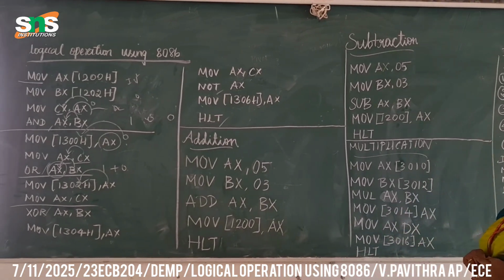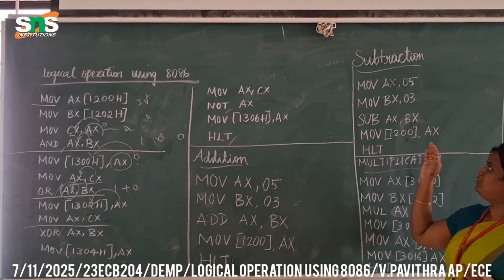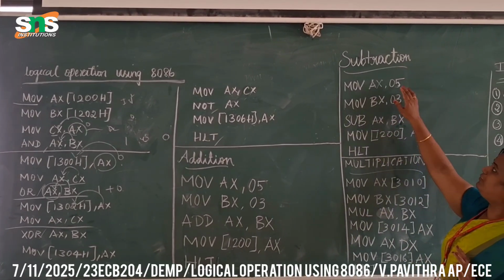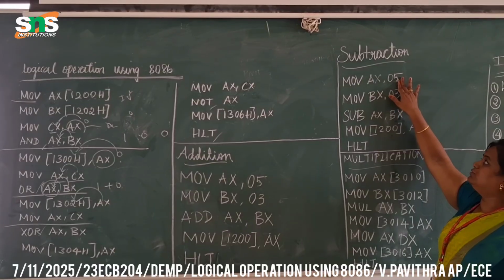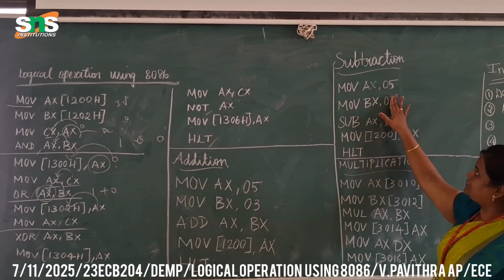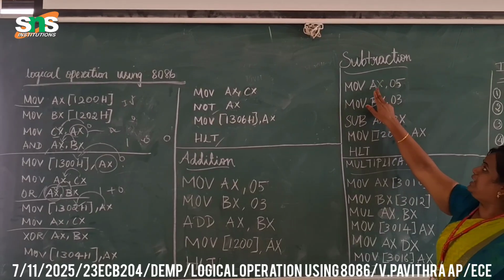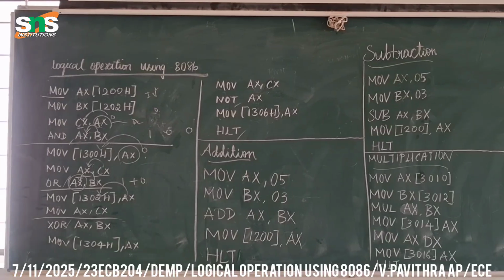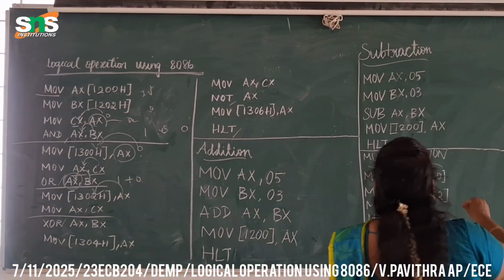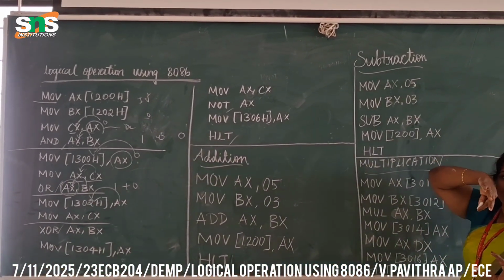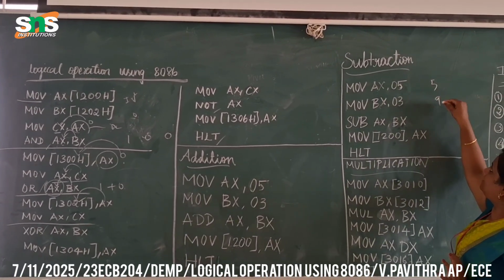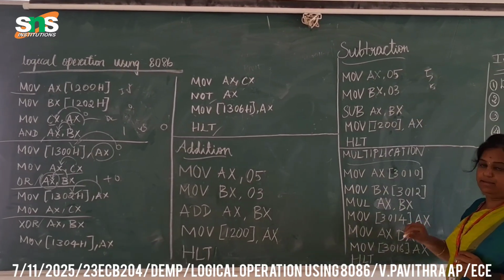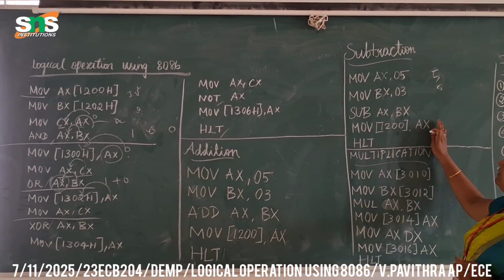And then the next one is the subtraction. The same thing is going to happen. First of all, we have to give the data. So the same data I am going to give. I am going to give the data 5 directly. So that is moved to the AX, and the 3 is moved to the BX. Okay. The AX has the value 5, and the BX has the value 3. You don't need to give the same values, you can give whatever values. There is one problem: if it is up to 9 there is no problem. Beyond that, addition will have a carry, and subtraction will have a borrow.